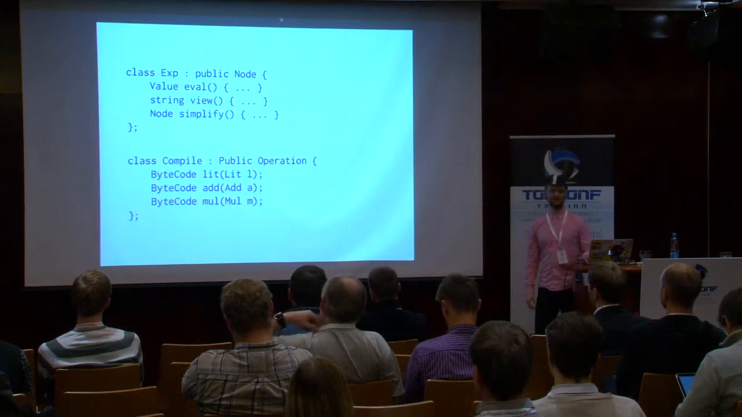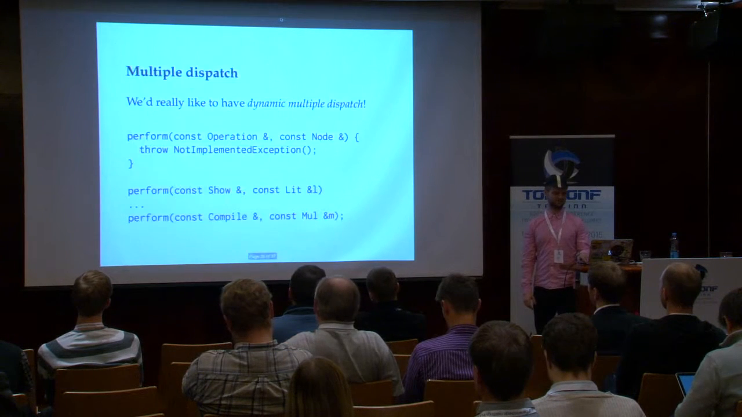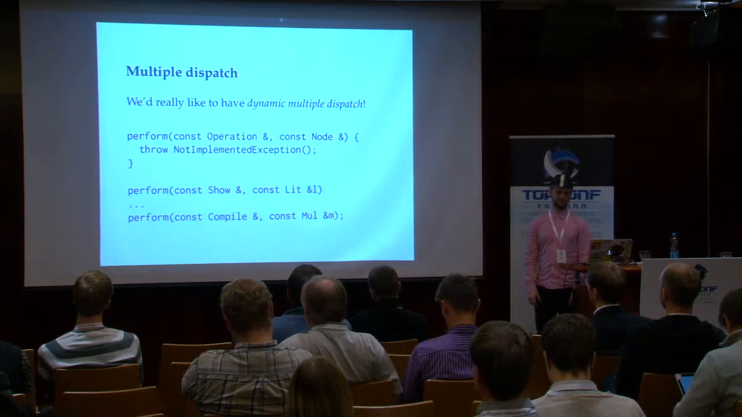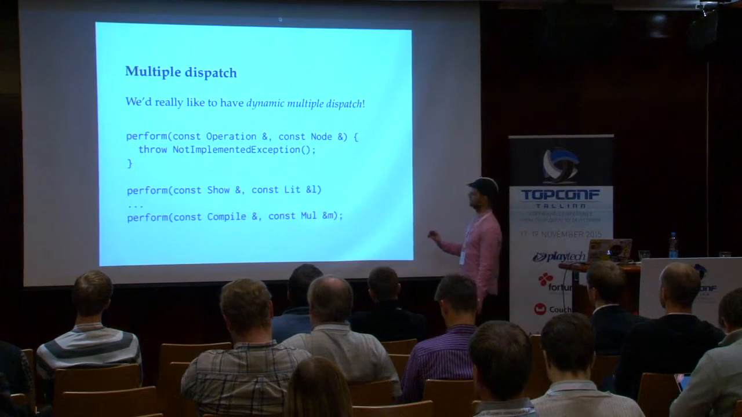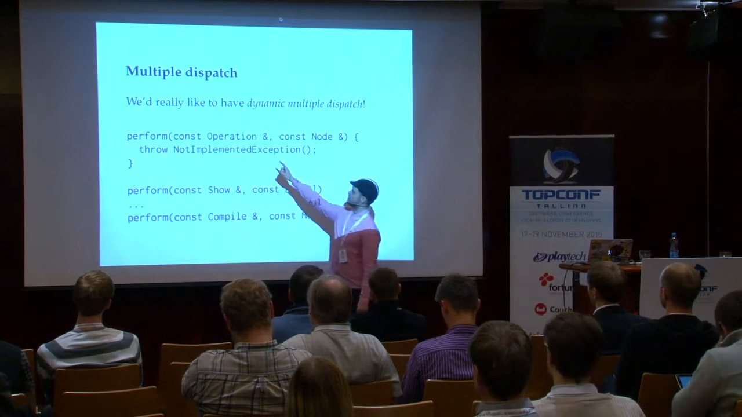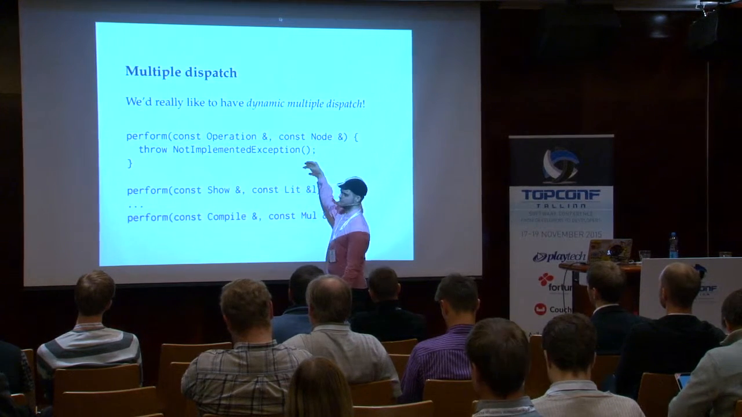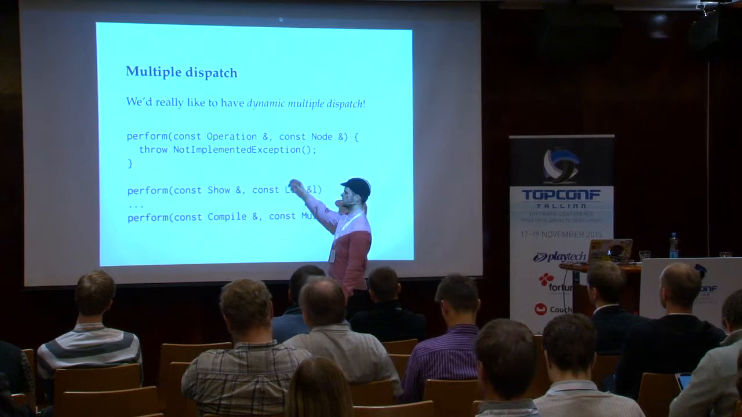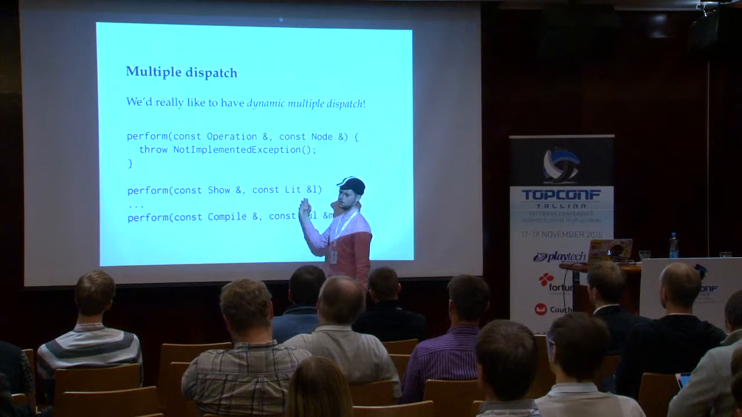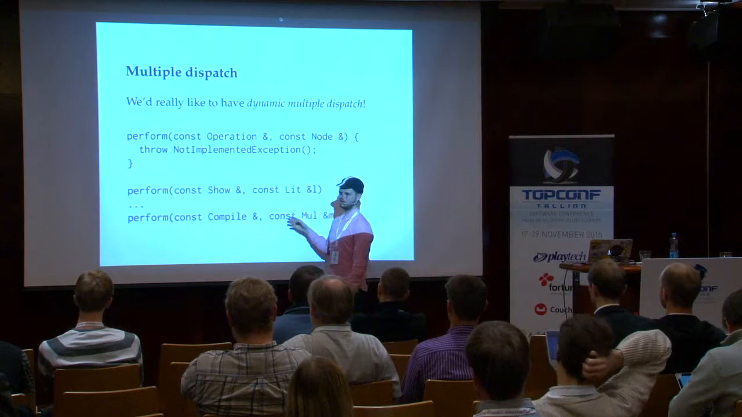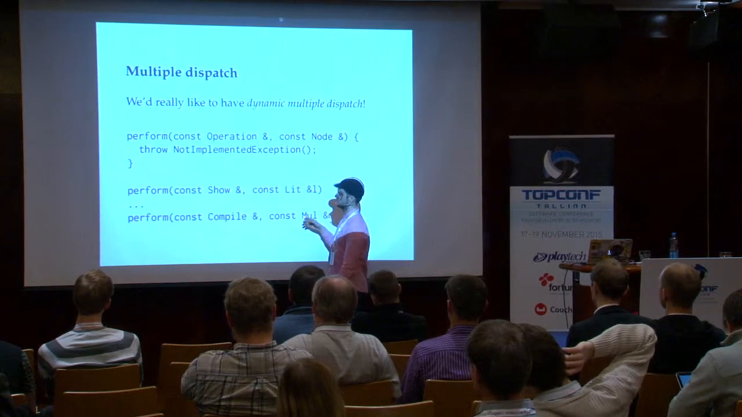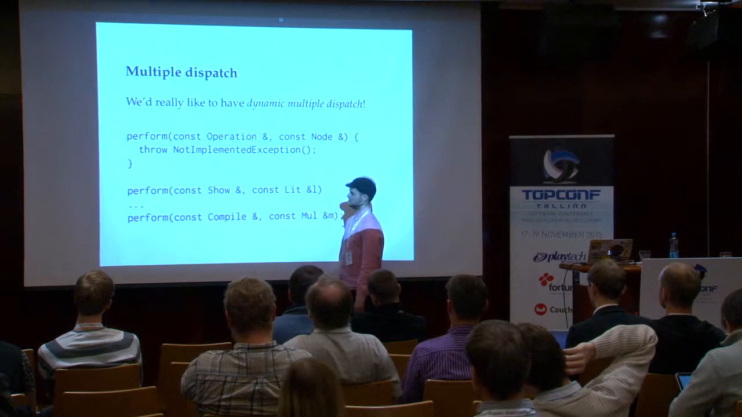It's a thought exercise for you. So we would like to write this. We would give an operation and a node, and it will do that thing for us. And then we could implement them in any order, and then the compiler will pick them. But you don't have that in Java, you don't have that in C++,